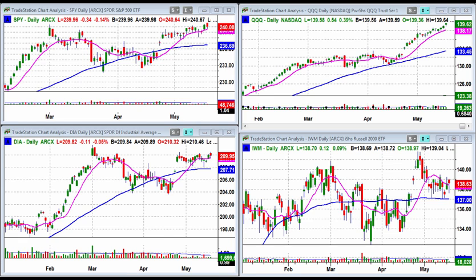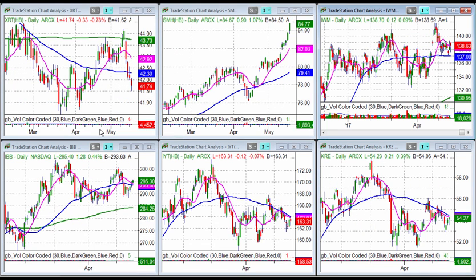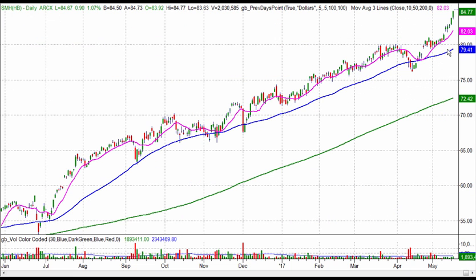And let's take a look now at the modern family to see whether or not that supports it or doesn't support it. And to jump ahead, it pretty much does support the fact that the markets are undecided right now. They're definitely split. So the Qs, which have been strong, are powered by the SMHs here. The SMHs, as you can see, are just accelerating to the upside. Just incredible strength here. This is a daily chart.